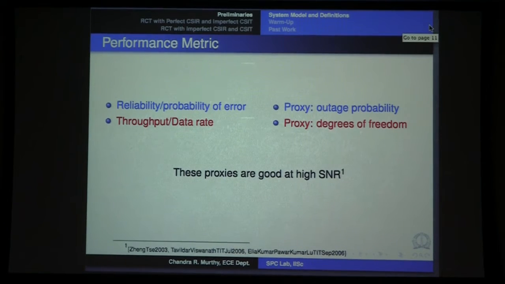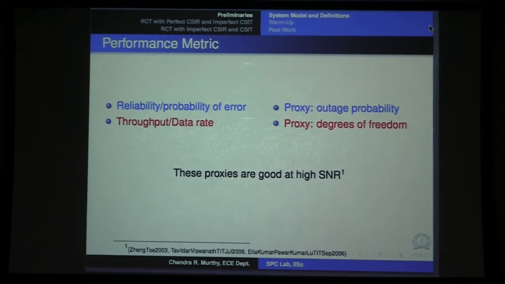So what we are interested in is the probability of error versus data rate trade-off. But it's been long accepted that at high SNR you can approximate the probability of error with the outage probability and the data rate with the degrees of freedom. So this is the proxy that we will use in this work. So we'll look at the diversity multiplexing gain trade-off performance, which has to do with the outage probability versus the